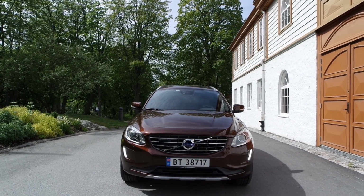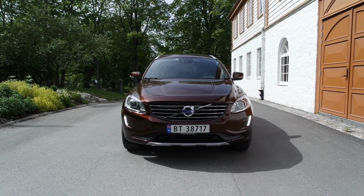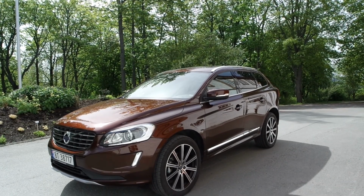Hey guys, and welcome to the 2017 Volvo XC60, the old model, not the new model. Just to clarify, so you guys don't comment down below, this is the 2017 XC60 Generation 1, not the new model that's coming out later this year. So now with that out of the way,